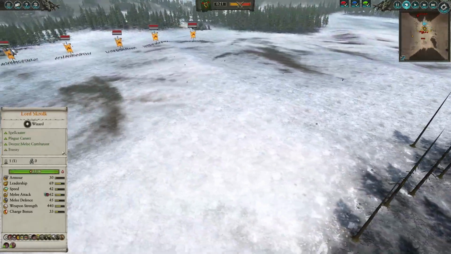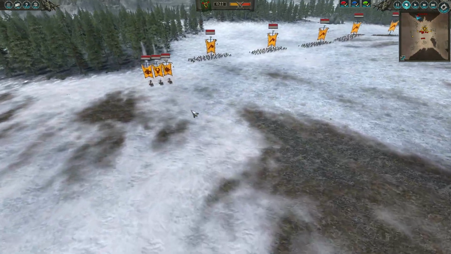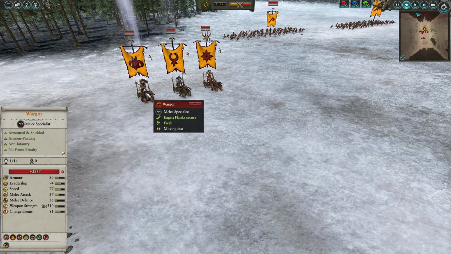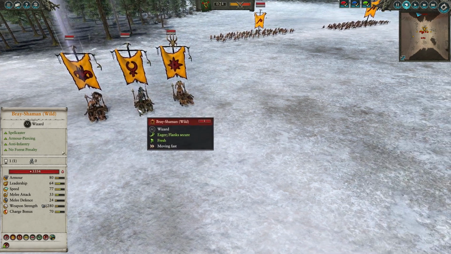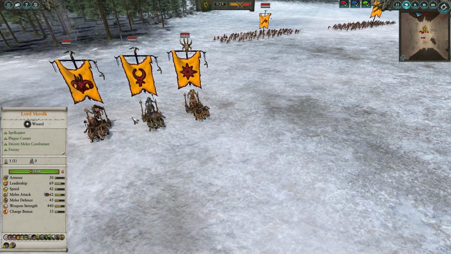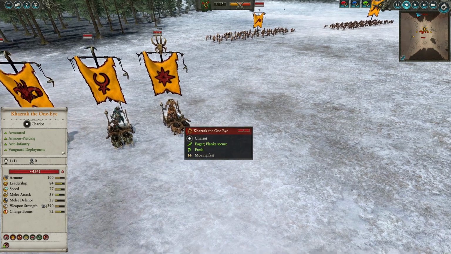Now my opponent has done a big Vanguard in the rear here, and of course, as I said, there's going to be some chariot spam. So we've got a Wargore up on a chariot here. It looks like he's coming in pretty much naked with just the Bestial Fury, or whatever it's called, the Primal Fury. We've got a Bray Shaman of Wild with just Traderkin, and then we have Khazrak, who I